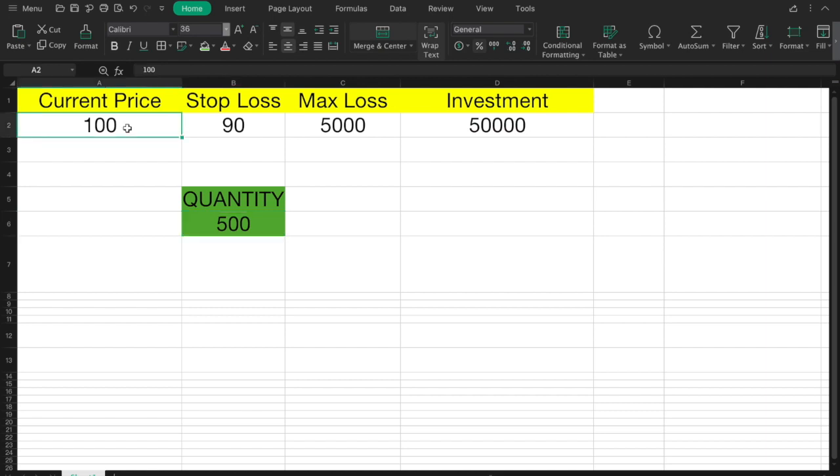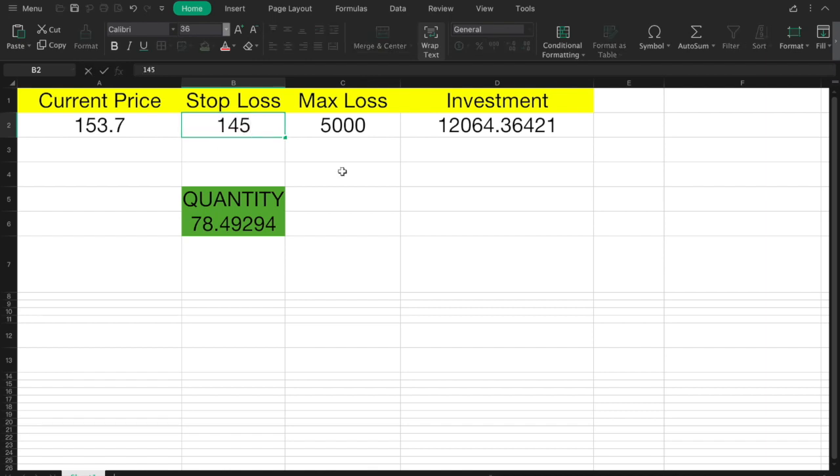For example, in today's trade we discussed Tata Motors DVR. At how much price did I give? I think 143 or 44. Let me check. Yeah, 153, sorry. 153 will be my price, we bought at 153.70. And the stop loss we have given is 145 rupees.